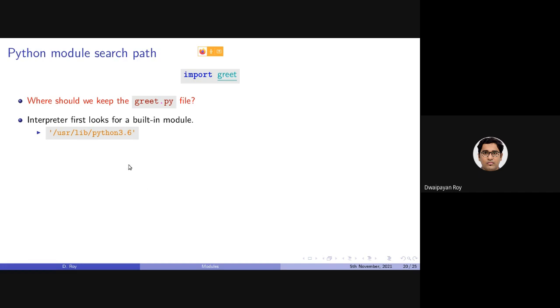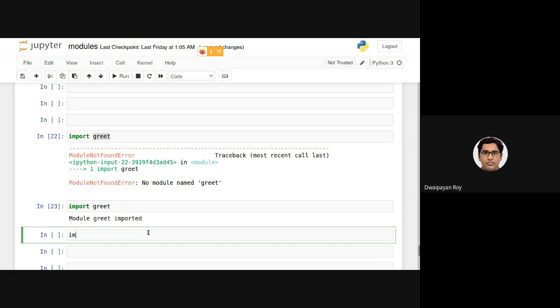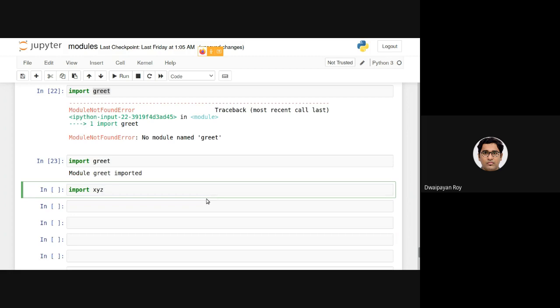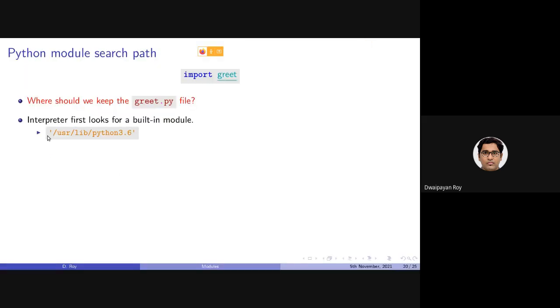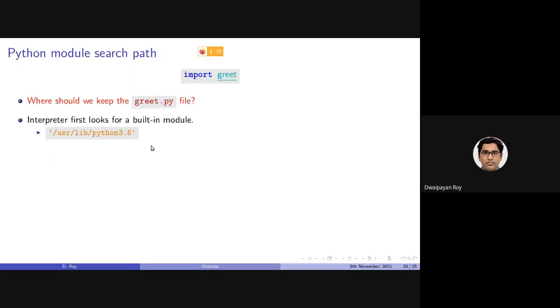If you are using a Linux operating system with Python 3.6, the built-in module path is this. So if your code contains a statement like import XYZ, the Python interpreter will first look at this path to check whether XYZ is a Python defined built-in module or not.